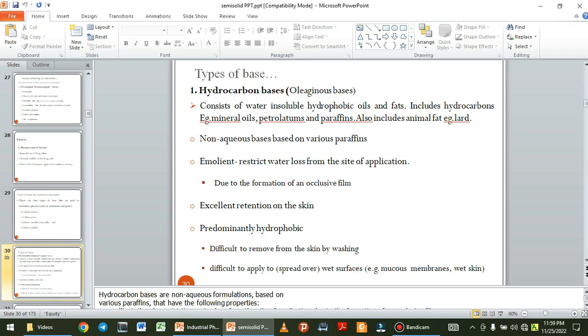bases by the way በኋላ ላይ የምንሰራቸው ጥያቄዎች most focus የሚያደርጉት እነኚህ types of base selection ምናምን ላይ ስለሆነ you have to listen to me seriously and carefully here right emollient when we say that it is a restricted water loss from the site of application በቃ water loss ምን ማለት ነው restricted ማድረግ ነው እዛው መያዝ ነው due to the formation of occlusive film occlusive ነው moisturizing action moisturizing action ለሱ ደግሞ occlusive እንለዋለን occlusive film ይሰራል ከላይ film